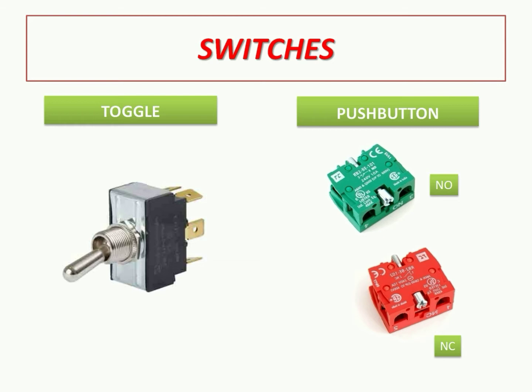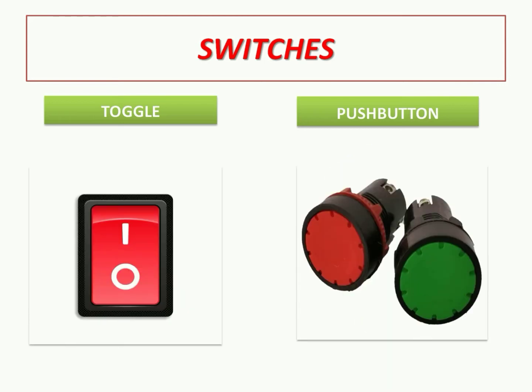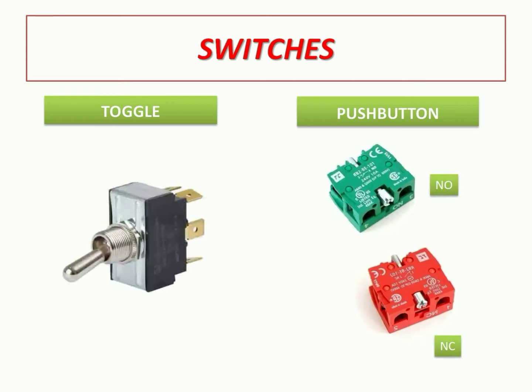These are basically used in industries, the toggle switch and the push button. I have also written NO and NC. There are NO type push buttons and NC type push buttons used in industry. In the earlier slide also, the green one is generally used for NO, normally open contact, and red is used for normally closed contact. To stop something we use NC, that is a red push button, and to start we use NO, that is a green push button. Generally there is a color coding in industry: to start you use the green button, and to stop you use the red button. So this is the difference between NO and NC push button.